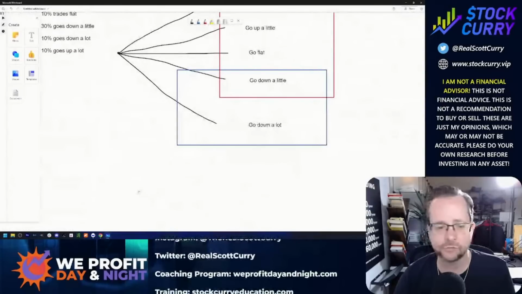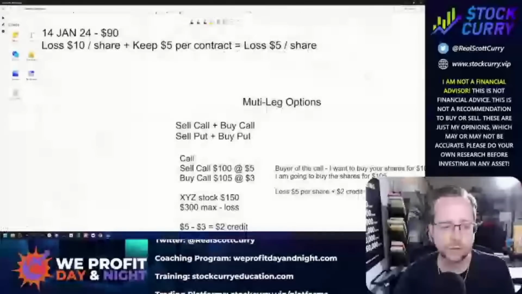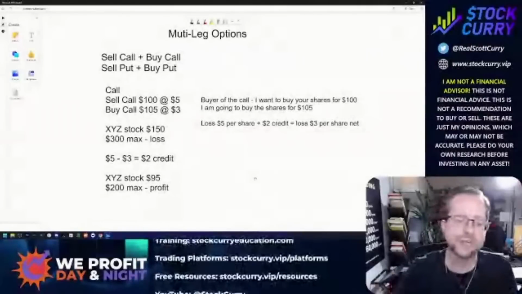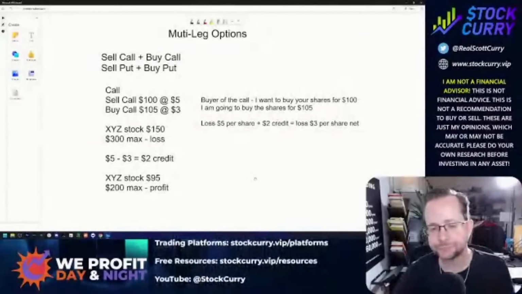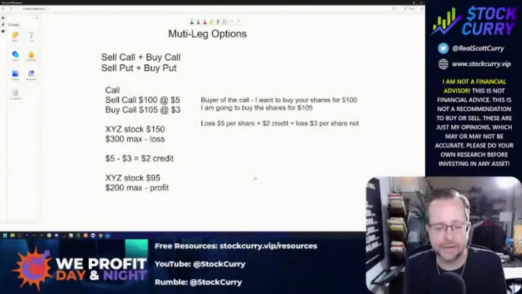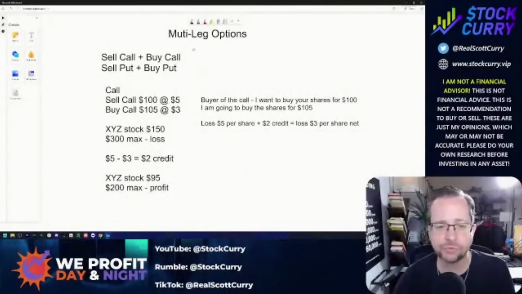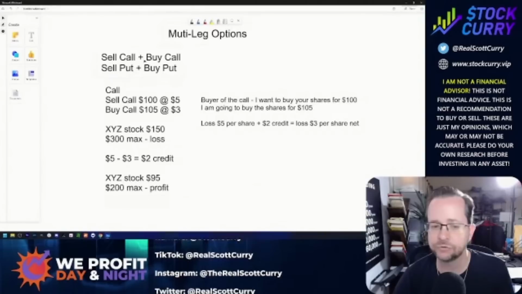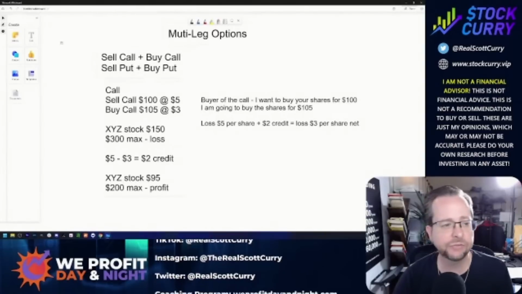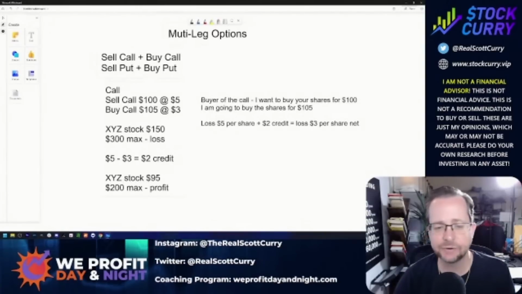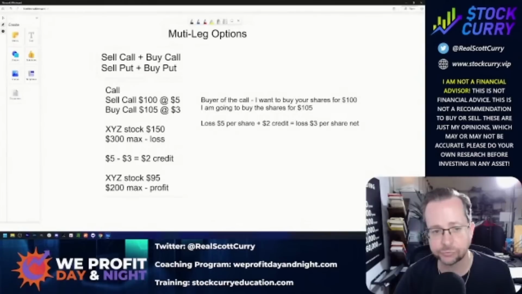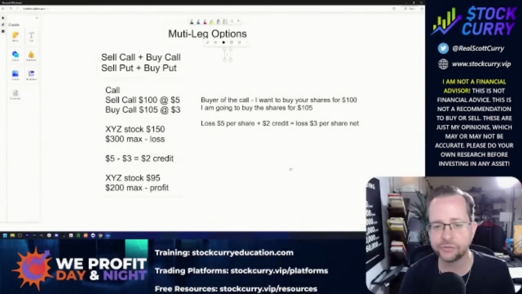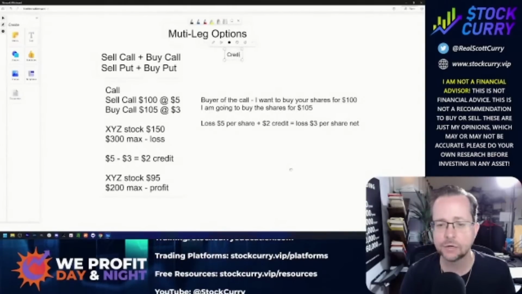When your profit potential goes down, your risk goes down. I know this might be a little bit confusing, but just remember, with a multi-leg option, all you're doing is buying and selling. That's it. And what this does is it allows you to do a cash secured put without owning the shares. This is known as a credit